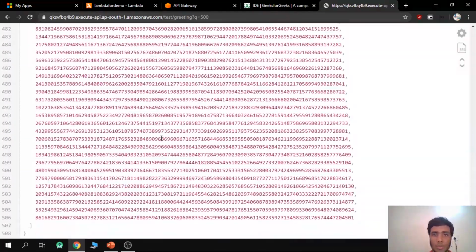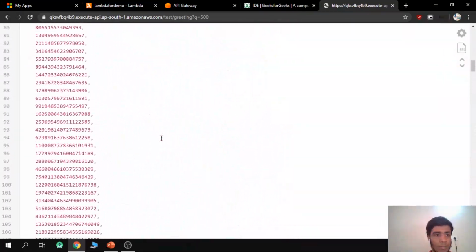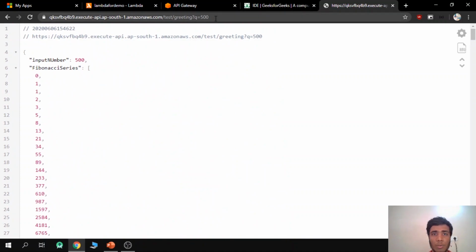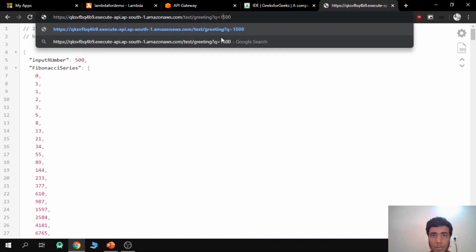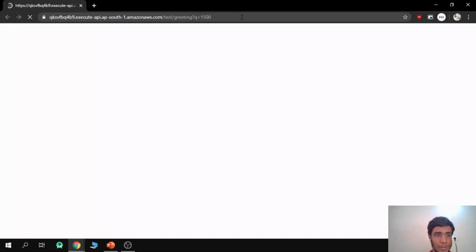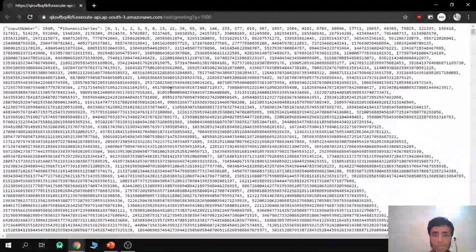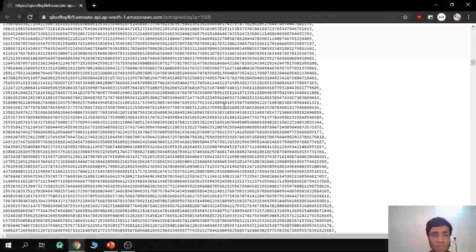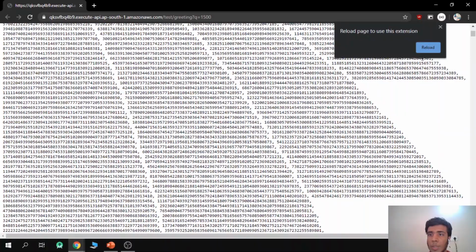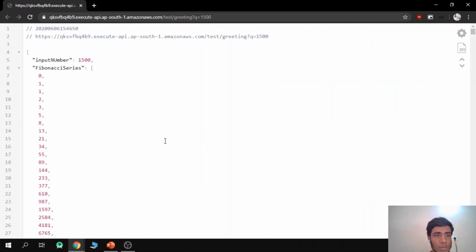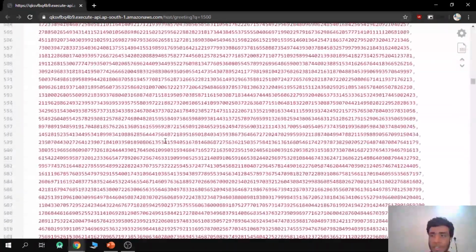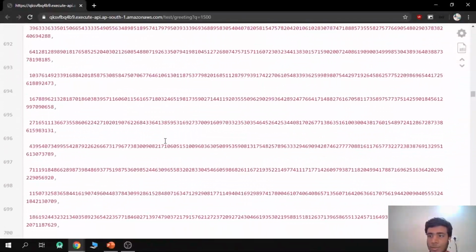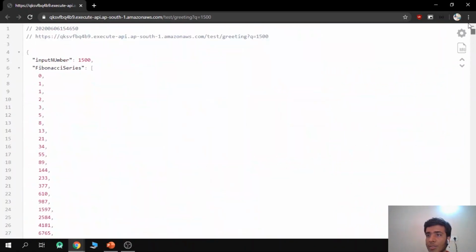You can see that the Lambda function and the API Gateway are working flawlessly, and it is able to perform the calculations with ease. Let's say we're trying for 1500. 1500 is a very huge number, and oh guys, see, even the JSON is broken. Yeah, let me just reload it. So this is the result we are getting. It's going to take a while for scrolling itself.